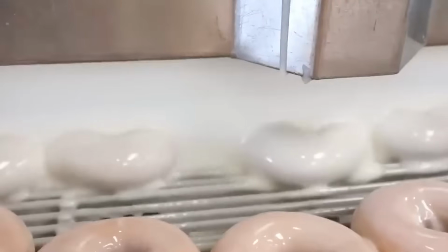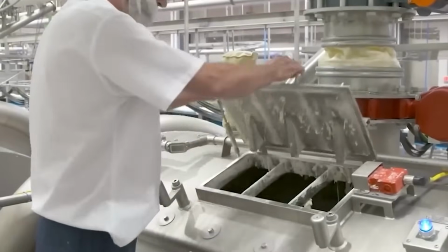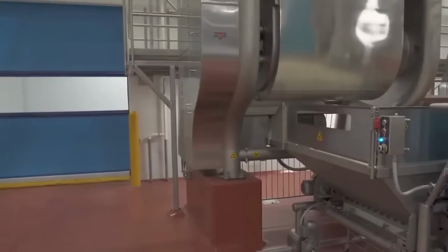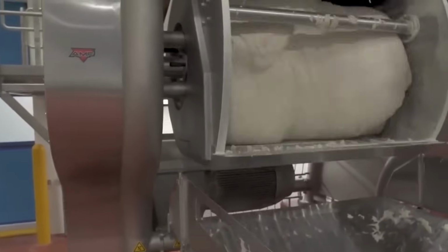Ever wondered how those perfectly shaped, glossy, cream-filled donuts from your favorite donut shops are actually made? It all starts with the dough. In giant spiral mixers, a soft, elastic donut dough is carefully kneaded until it reaches the perfect consistency: light, fluffy,